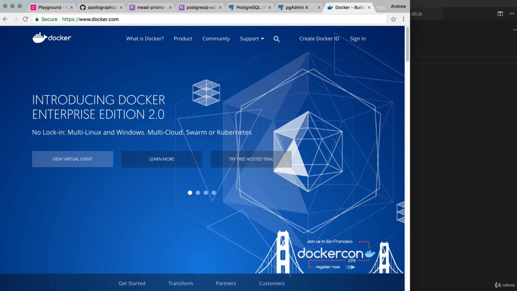Now, what is Docker? Well, it's part of this whole containerization and virtual machine movement. So if I'm building up an application, I have my application code and I have my dependencies. Let's say I need to run on Linux and I also need Git and Node.js installed. Now I have a couple of options. I could choose to allow people who want to run the application to actually install all of those things. Then I could cross my fingers and hope it works on their environment, or I can bundle it all up